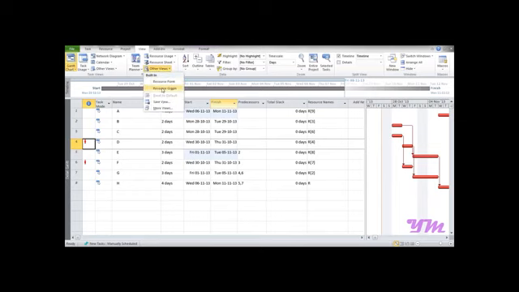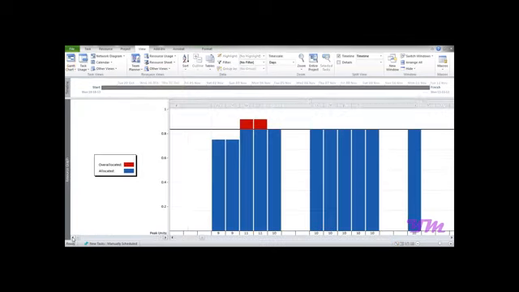View, then views, resource graph. Okay, now you can see that initially these were underutilized points. Now they are highly utilized or fully utilized, while over allocation remains only on a very small portion of the week. So this is how we can redistribute the resources and utilize them to the maximum level without